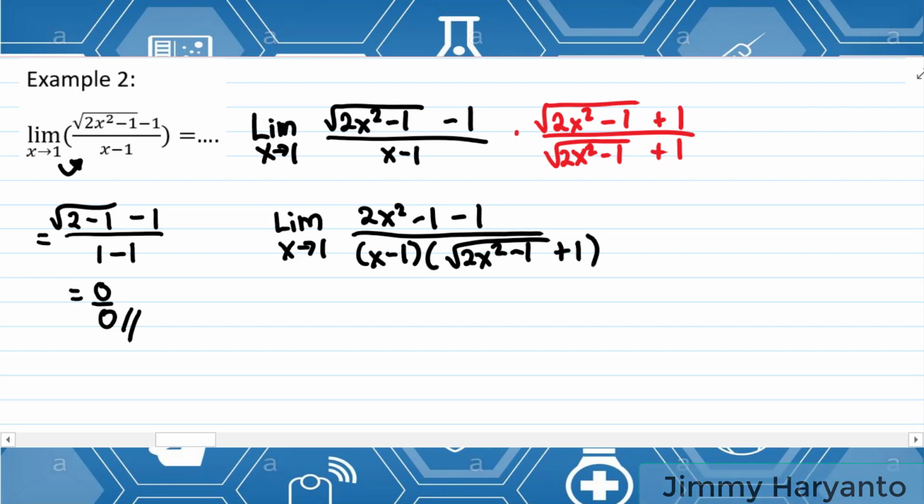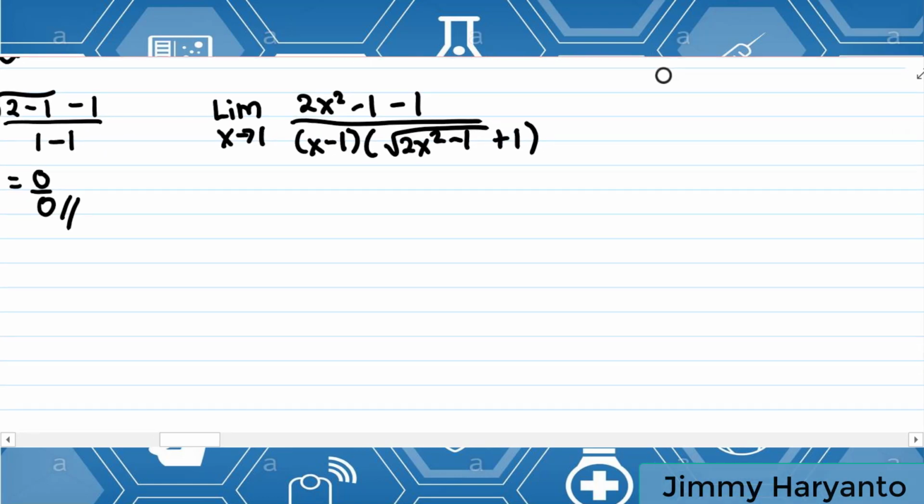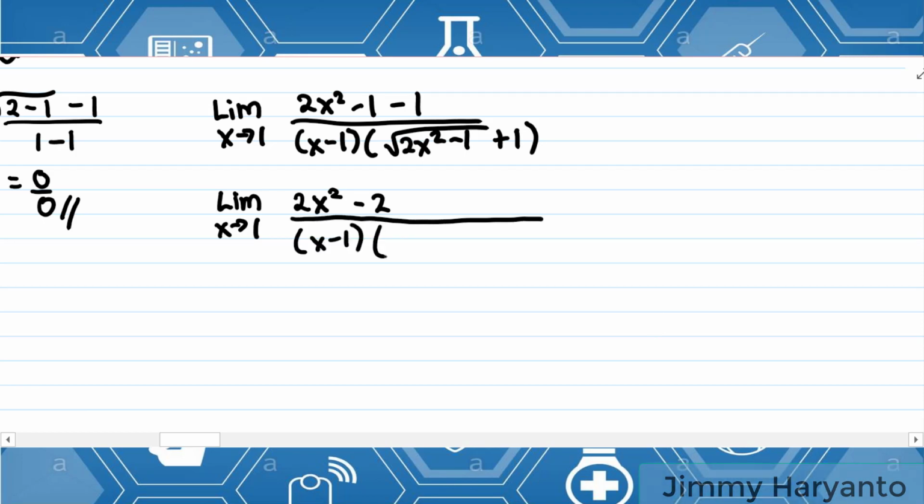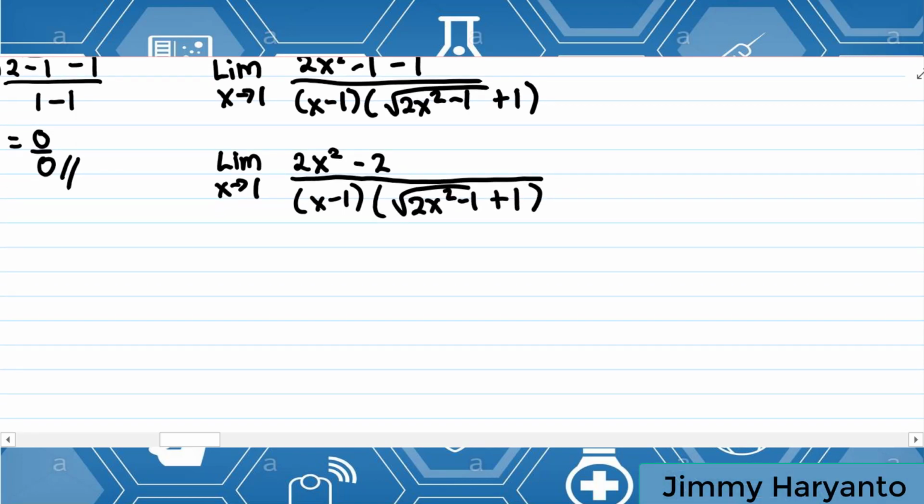this one. Okay, next we will have to simplify. Limit x approaching 1. Remember, when you are still modifying the question, you have to write the limit. 2x squared minus 1 plus 1. Okay, so there is nothing that we can cross out, but maybe we can factorize the top one.